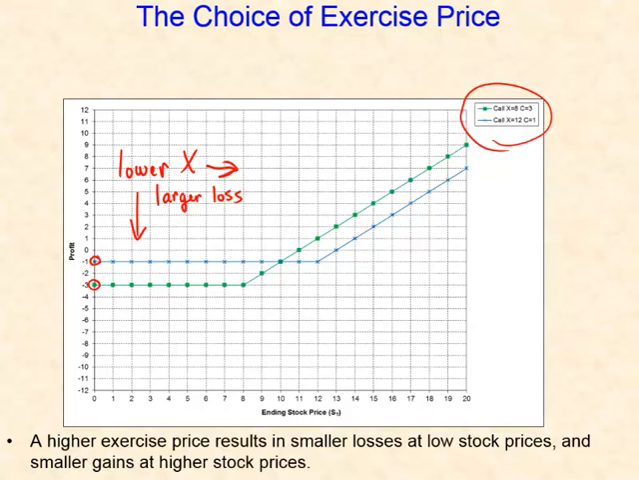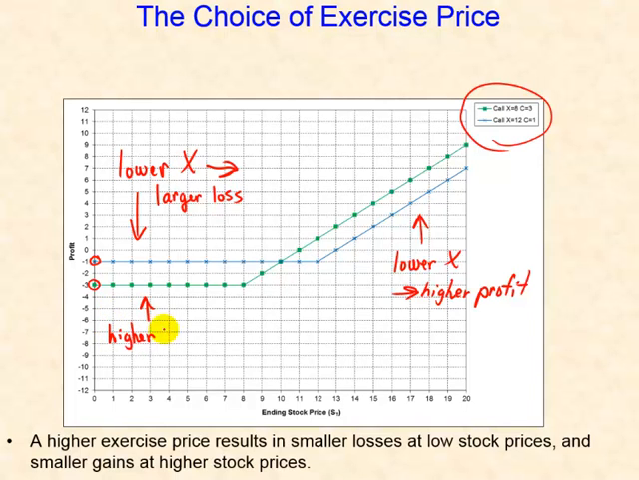Let's look at what happens at high stock prices, up around $15 or $20. When we have a high stock price, somewhere off on the right-hand side of the chart here, the lower exercise price leads to a higher profit. We could also invert our thinking here, and on the left-hand side of the chart say that a higher exercise